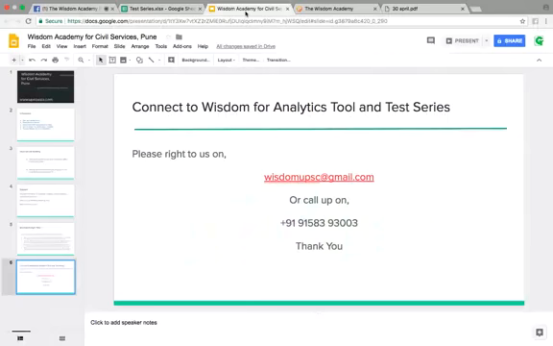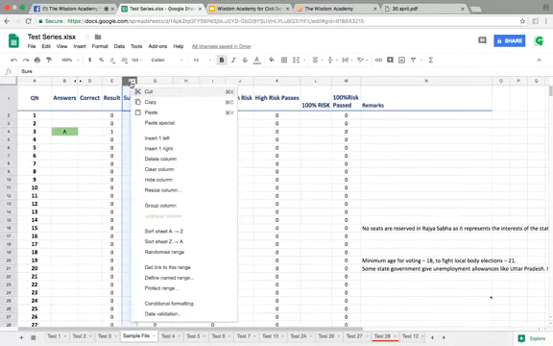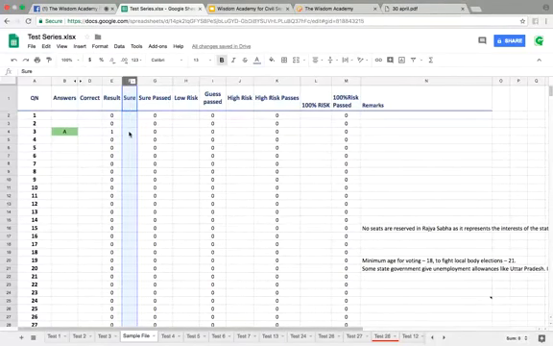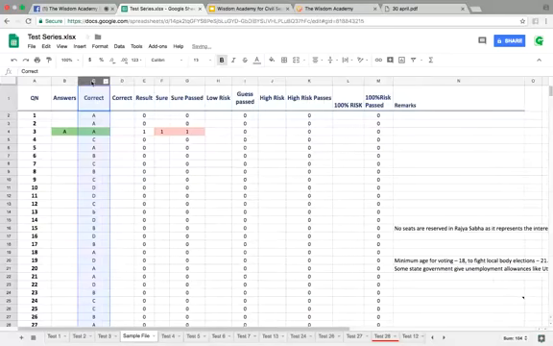In my Excel, for question number 3, I believe the answer is A, and I'm sure it comes under the sure category. So I'm writing it here and highlighting it. I'm sure that this comes under the sure category, so I'm writing 1. Now I know the correct answer is already mentioned here. So what we have to do here is, let me just open